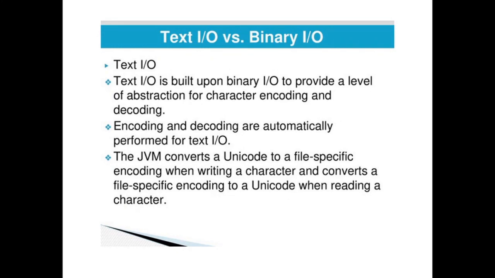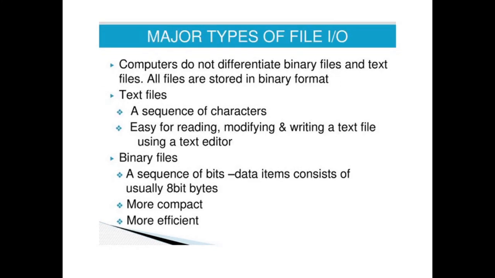If we consider binary files, suppose we are storing an integer. In a text file, whatever we store is in the form of characters. In a text file, it's totally meaningless to say that we are going to store an integer. Whenever there is talk of a data type, that means it has to be stored as a binary file. We cannot store an integer, a float, or a double in a text file. We can only store characters. But in the case of binary files, we can store data types like integer, float, and double.